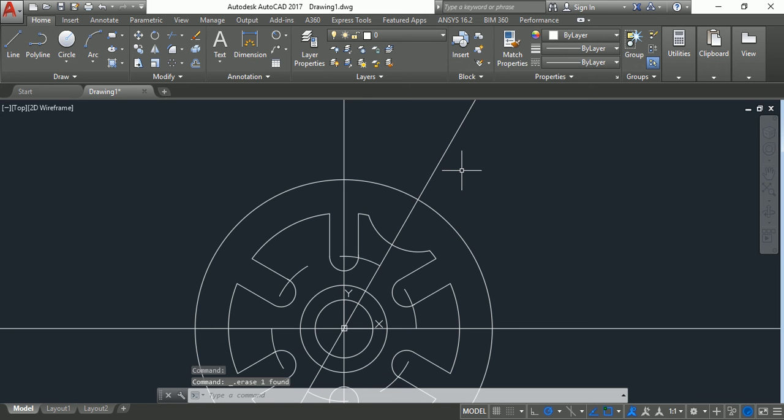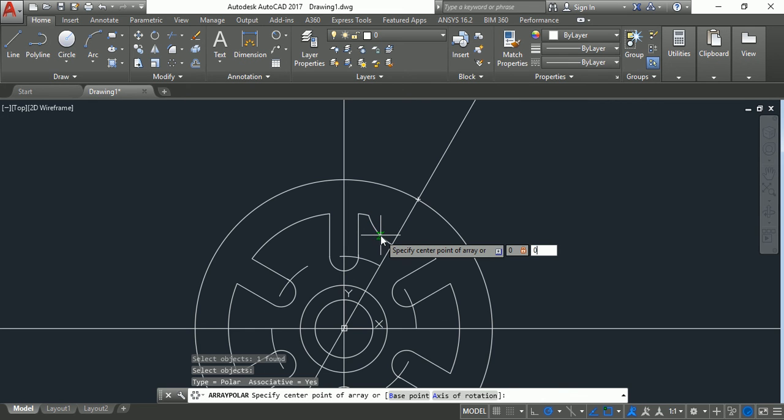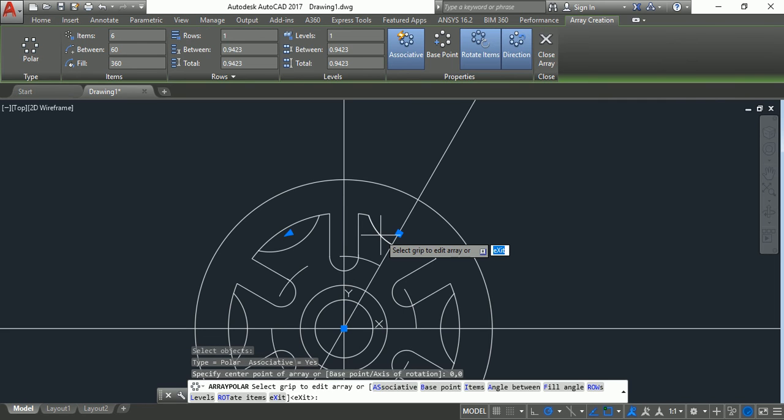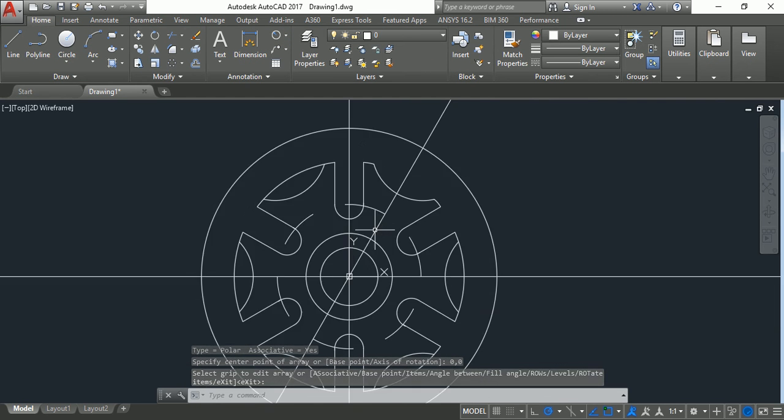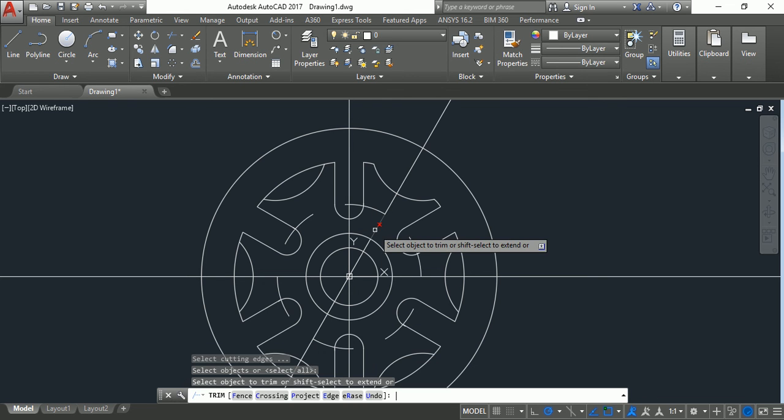So again we will go to the polar array command, select this particular feature which we want to array, then select the center point as 0, 0 and keep the number of members as 6. Now finally we will remove the unwanted edges to get the final shape.